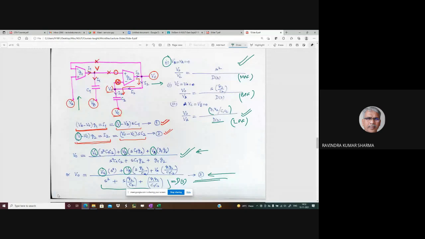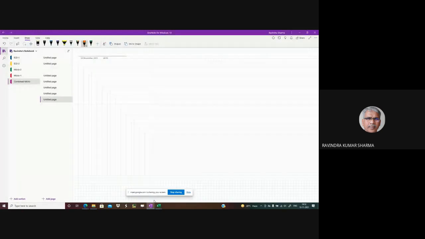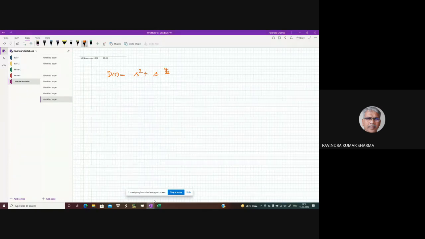Correct? अब इसमें इंटरेस्टिंग बात यह है, कैन यू सी हियर दैट फ्रॉम द दिस थिंग, ds को आप याद करो, विच इज s² प्लस s इंटू G2 बाई C2 प्लस, ये मैं अलग से लिखता हूं यहां पर, ds इज s² प्लस s इंटू G2 by C2 प्लस G1 G2 by C1 C2, और डिनोमिनेटर है तो इसको हम एक्चुअली, इसमें क्या क्या होते हैं? इसमें होता है s² इंटू ओमेगा नॉट बाई Q नॉट टाइम्स S प्लस ओमेगा नॉट स्क्वायर।